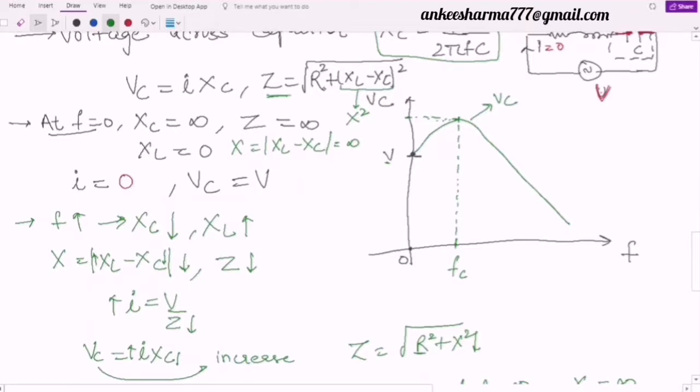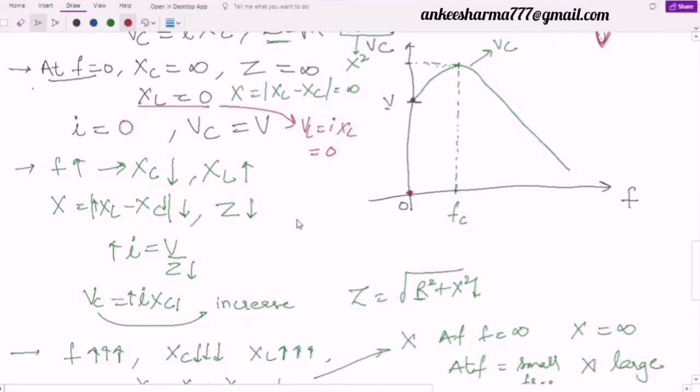Now second, if I take the case of an inductor, here I explain. At F equal to 0, the XL value is equal to 0. If XL is 0, then definitely the value of VL, which is equal to I into XL, will be equal to 0. It means at exactly F equal to 0, this will be my point for the XL graph. As I have increased the frequency, definitely XL has increased. XL has increased a little, only one arrow change is there. It means with the increase in the frequency, my XL is increased.